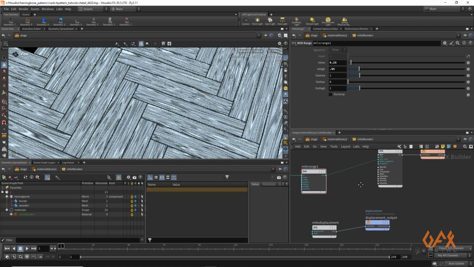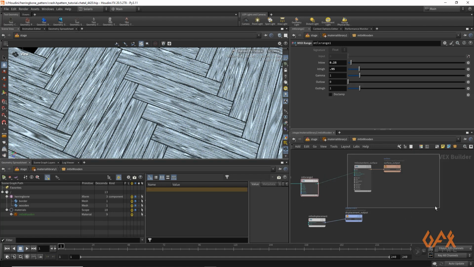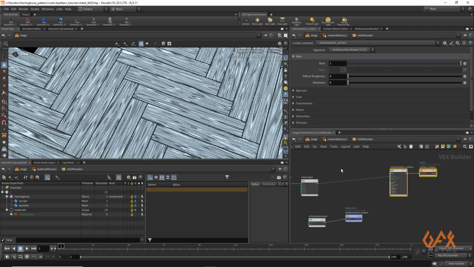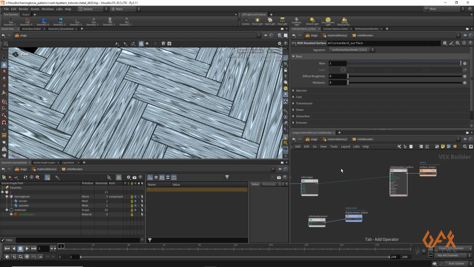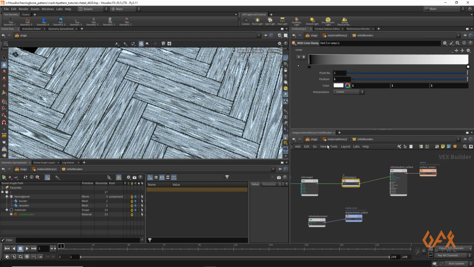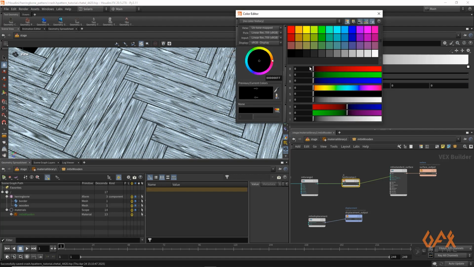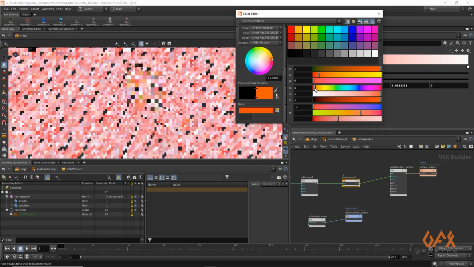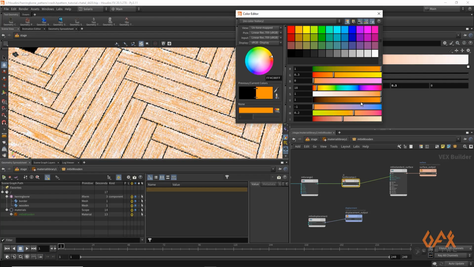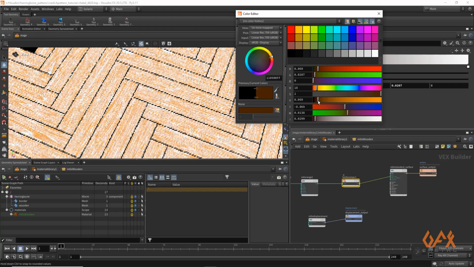So now next thing, we have to apply some color onto this. So for that reason I'm using one color ramp in which I just click onto this, select this one, change the hue a bit, a little darkened like this one.